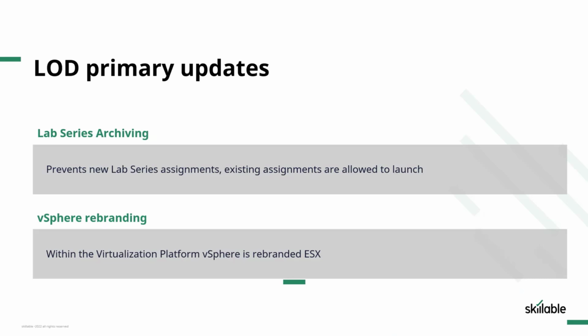So with the labs, at the moment we have an option where you can disable a lab series, and if you disable a lab series, you can set a date in the future. When you set that date, from that point onwards, any lab profiles that are part of that lab series are effectively disabled. So what that means is you cannot assign any new assignments. But it also means, let's say for example someone got access to that lab a week before the disablement date, they would normally get 6 months post-course access. They would lose access on the disablement date, so they wouldn't get the 6 months